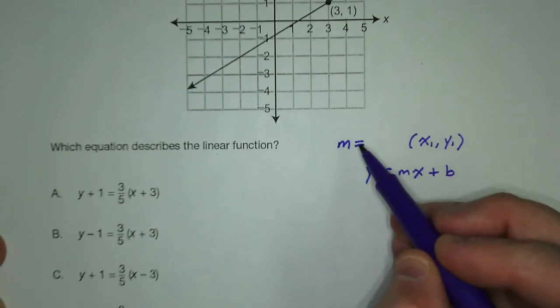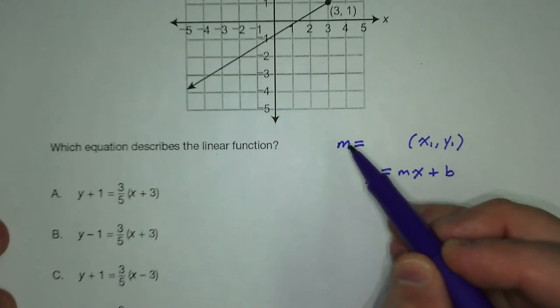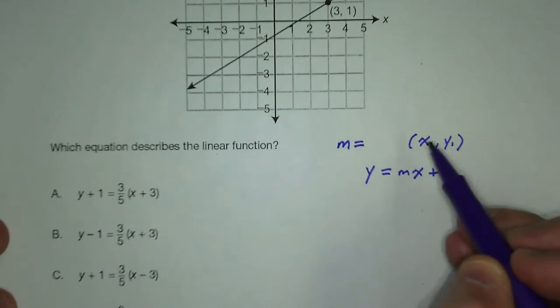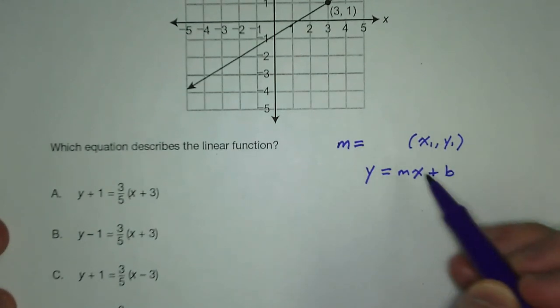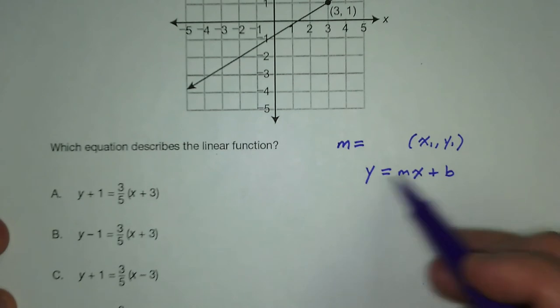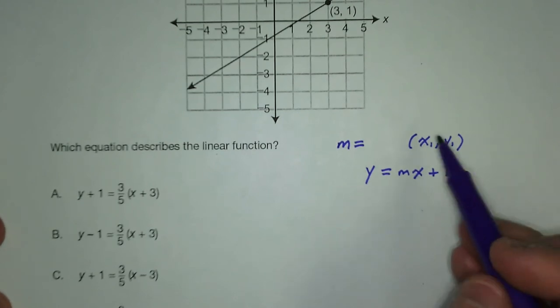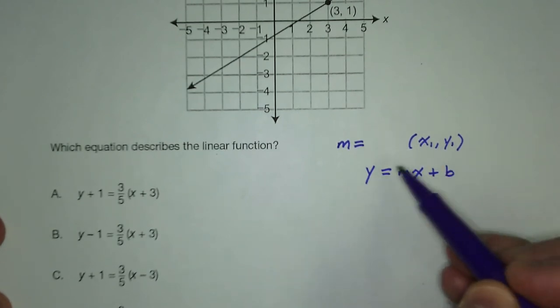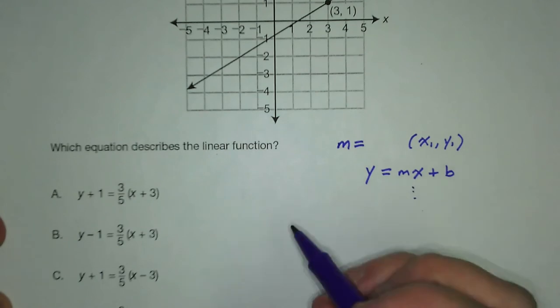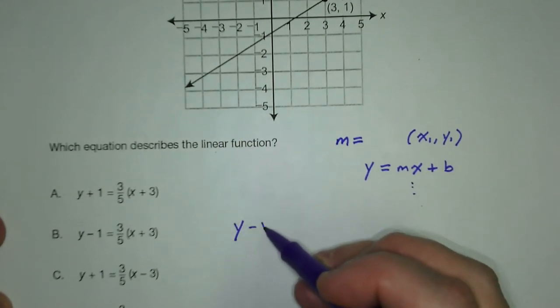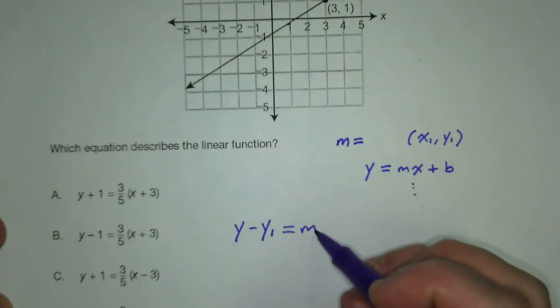Again, what you know is the slope of a line and then some random point. You may have been taught to, and you may prefer this method of, plugging that information into this and then going there. But I like to emphasize knowing about this formula